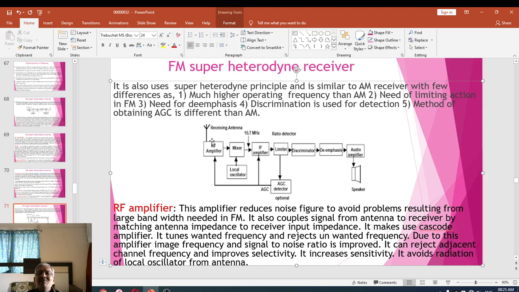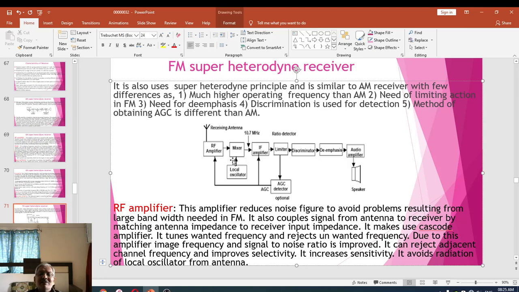So the amplified input signal in the form of FM modulated wave will be treated as the signal frequency Fs, which is given to the next stage known as the mixer stage. The mixer stage makes use of non-linear devices and passive components, especially it makes use of a diode. Its role is to undergo the superheterodyne principle.